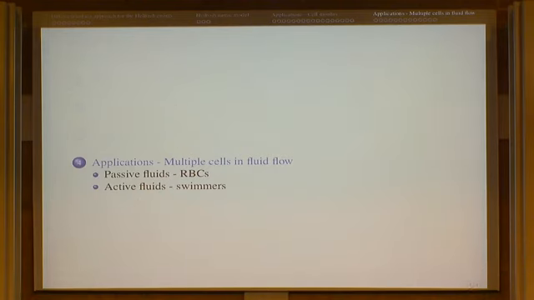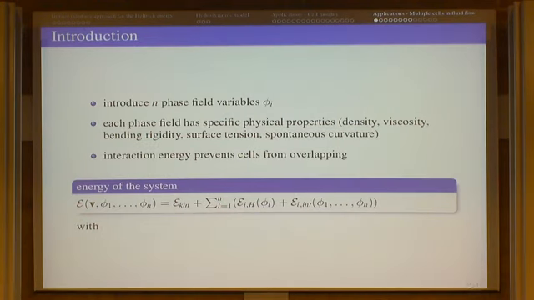Okay, so these were the models where we wanted to describe cell motility, and another nice application of this model is the construction of models which describe multiple cells. For example, we first focus on passive fluids in order to describe multiple red blood cells in a flow in a vessel. So what we do is we introduce multiple phase field variables, denoted by the subscript i, and